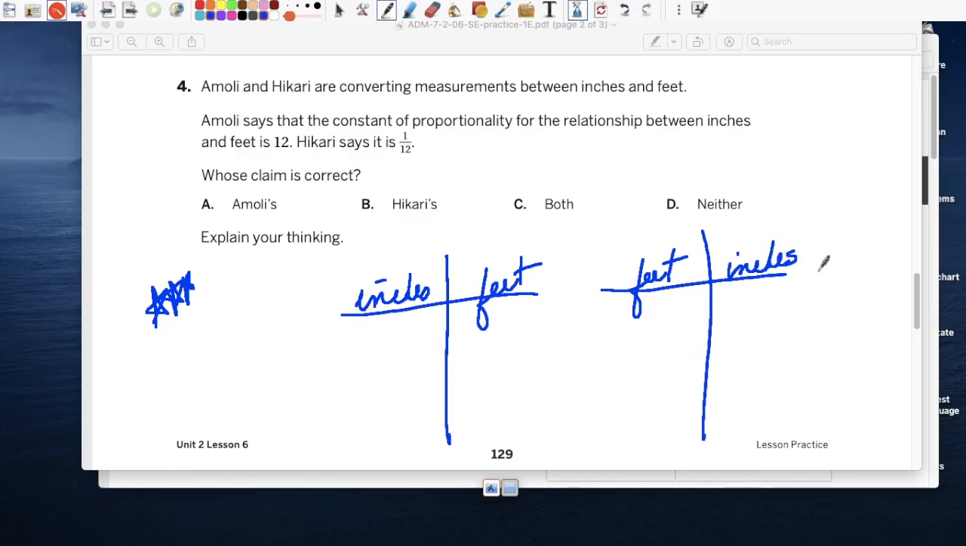So two ways of looking at it. If this is x and this is y, feet is already y, right? So we're going to keep inches as x, keeping the same, just switching the sides here. So we know that 12 inches is 1 foot. So we can write that for every 12 inches there's 1 foot. And the constant of proportionality here, or